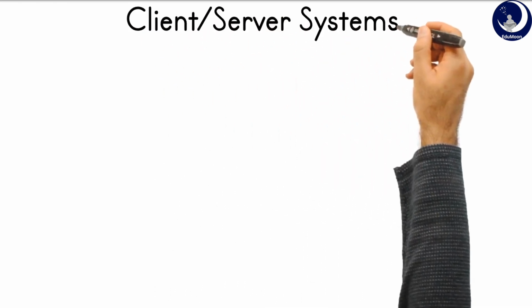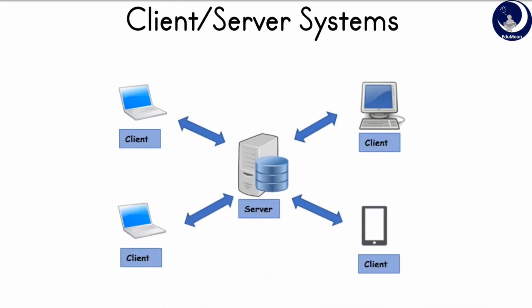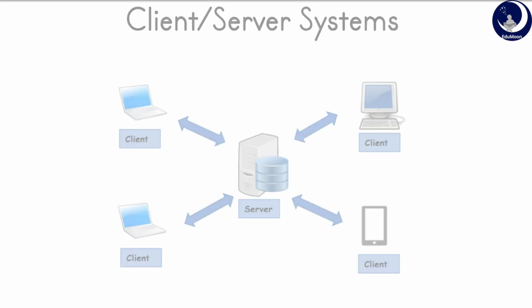The nodes in the distributed system can be arranged in the form of a client server system or a peer to peer system. In a client server system, the clients request a resource and the server provides that resource back to the client. A server may serve multiple clients at the same time, but a client is in contact with one and only one server at a single instance of time. Both the client and the server usually communicate through a computer network, making them a part of the distributed system.